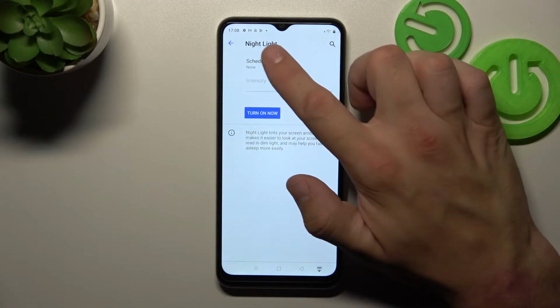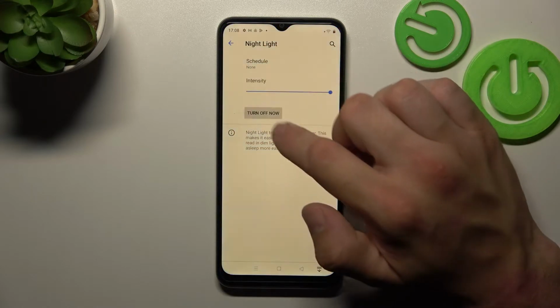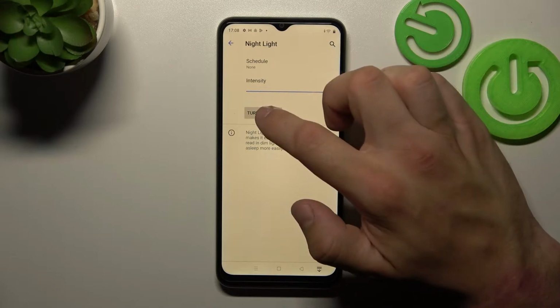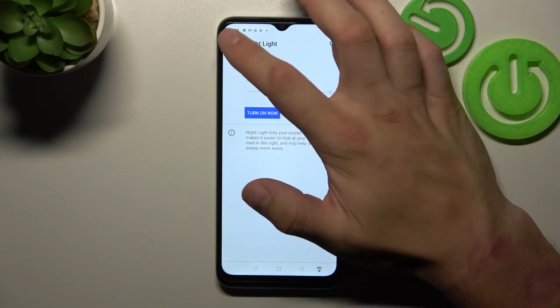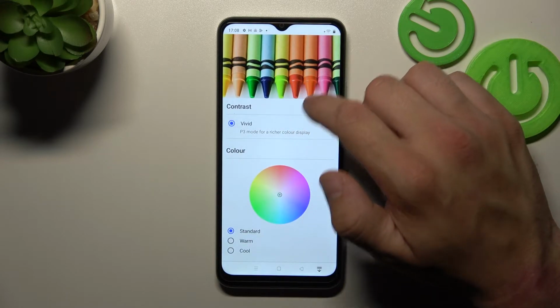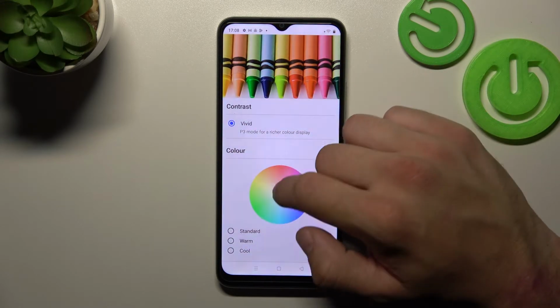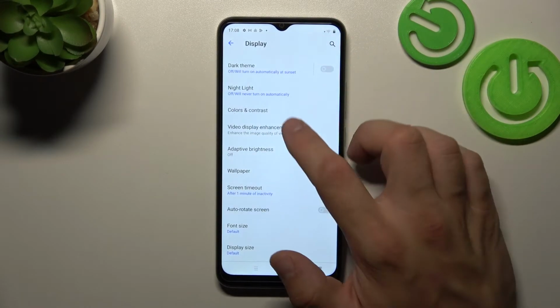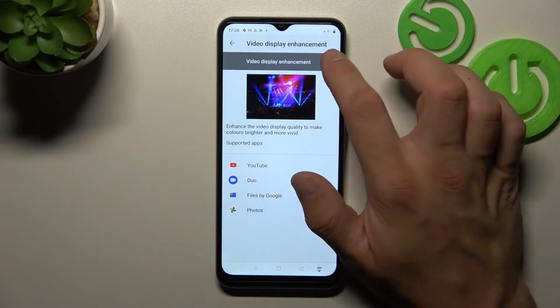Same thing we can do with night light. Next we can change colors and contrast. Enable or disable video display enhancement,